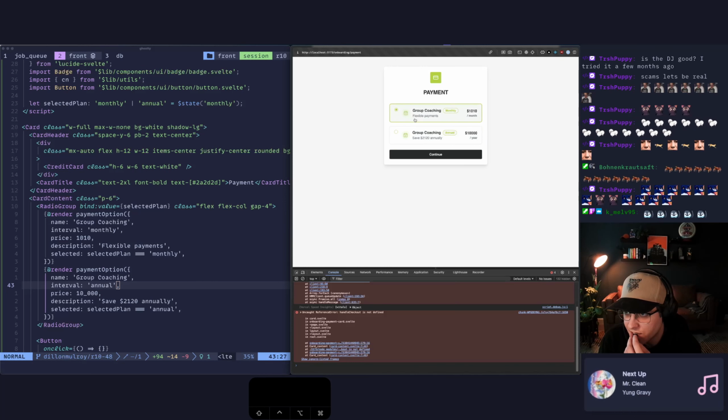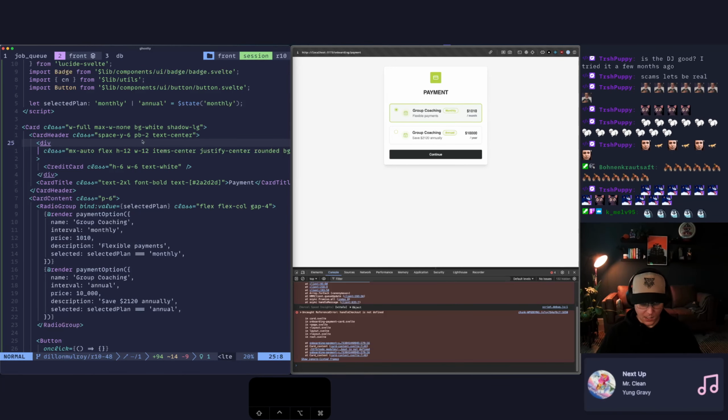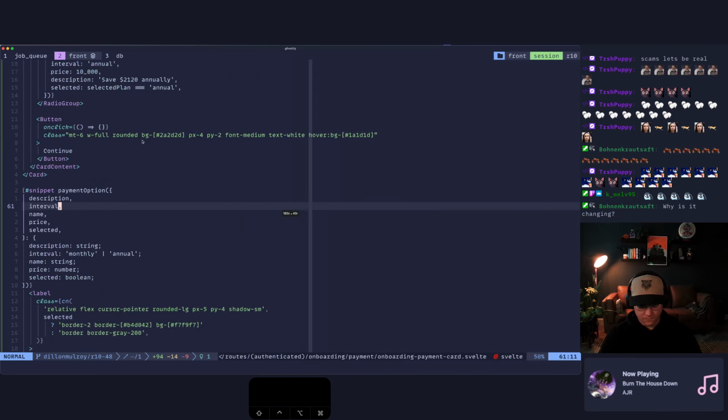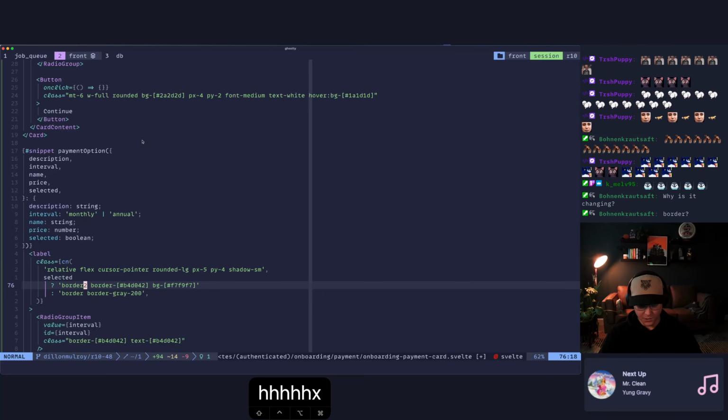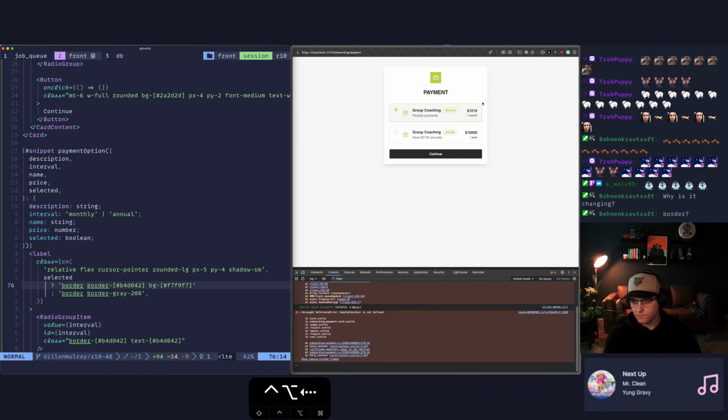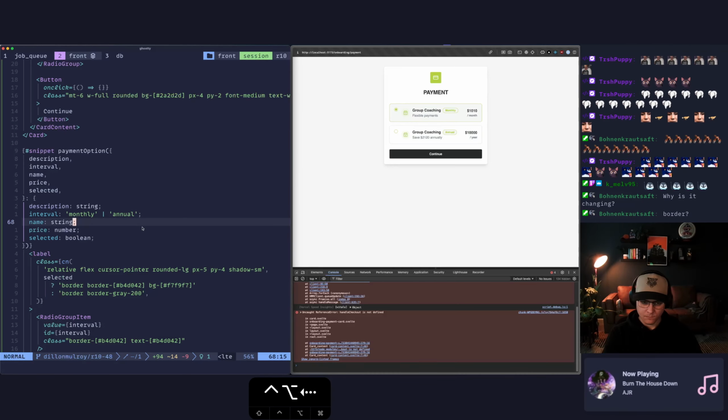All right, the change in size is obnoxious. We gotta fix that. All right, what do we think that's caused by? It's right there. Border 2. In fact, we can just come up here and do